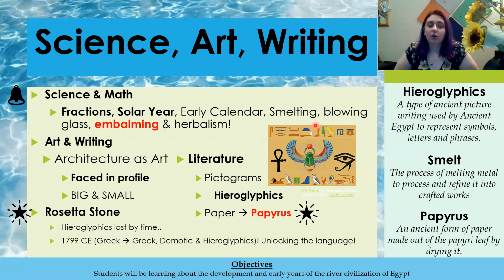So they didn't want any pictures to have faces forward, because they could steal your soul and become you. So instead they faced them to the side to kind of stop that from happening. At the same time, with the development of literature, we have the introduction of papyrus, which is an ancient form of paper using a papyrus leaf that was just dried, and they would write